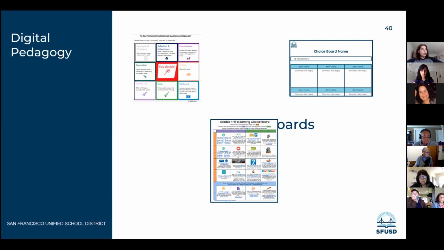There's a couple of different choice boards in this slide deck that you can check out. We probably do not have time now, but you can explore these when we have exploration time. Come back to these to explore them. The tic-tac-toe one is great. You just pick and choose which ones you want to use, or there are different choice board templates. We even have one from SFUSD here. But think about bringing some choice boards into your repertoire to really have that student voice. Let them show you who they are. Are they an artist? Are they a videographer?